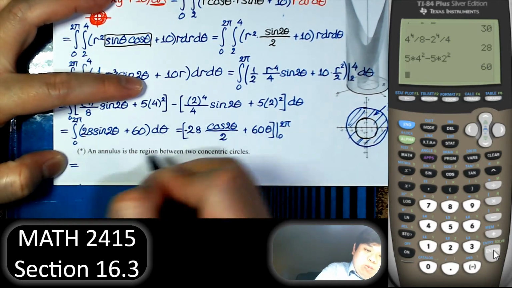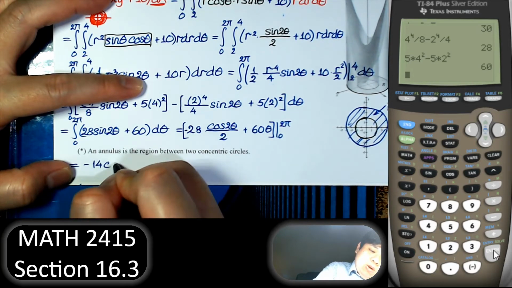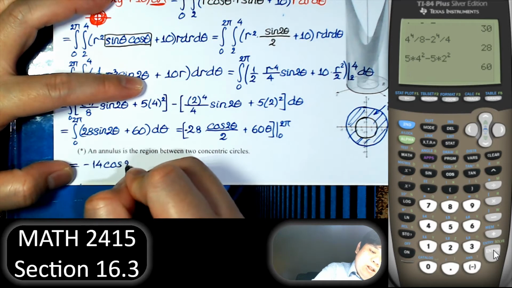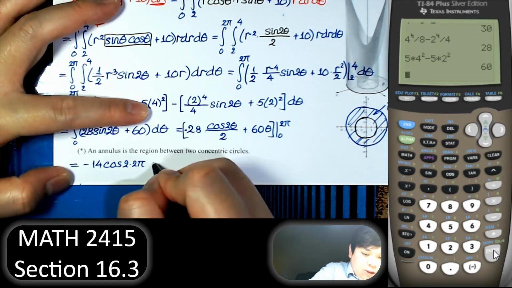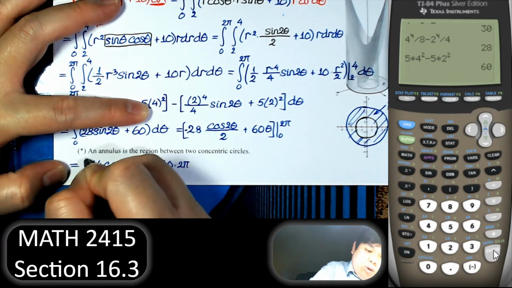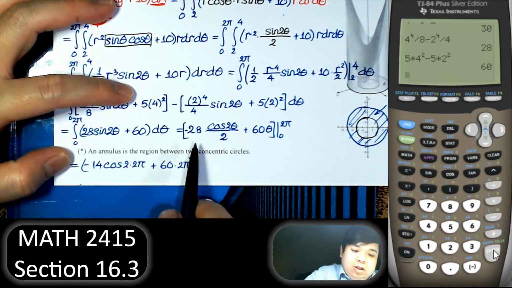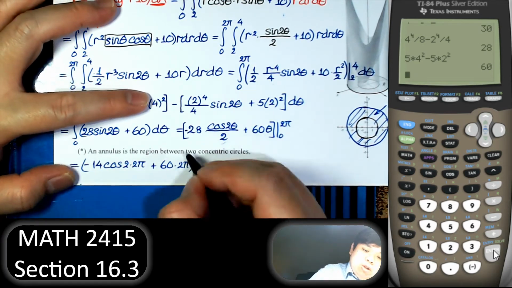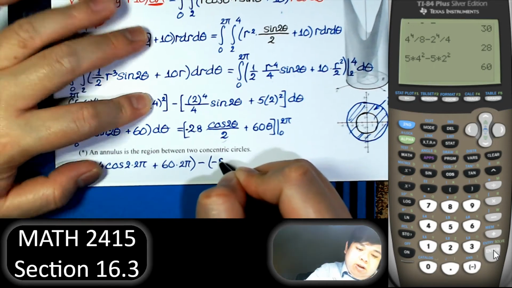So now we put in 2 pi, we have negative 14 cosine of 2 times 2 pi plus 60 times 2 pi. So that is where we put in 2 pi. And then subtract negative 14